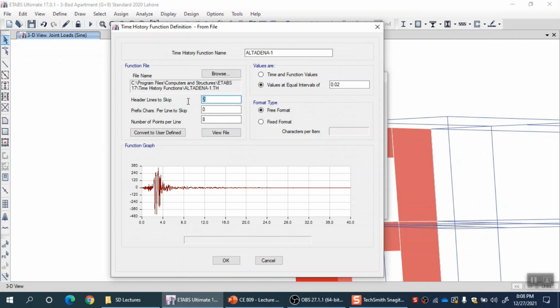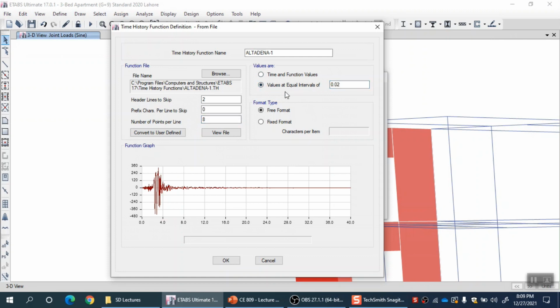Header lines to skip: 2. Prefix characters per line to skip: 0. The data directly starts from the start of the line, no characters to skip. Number of points per line is 8, and then the values are at equal intervals of time, 0.02 second.